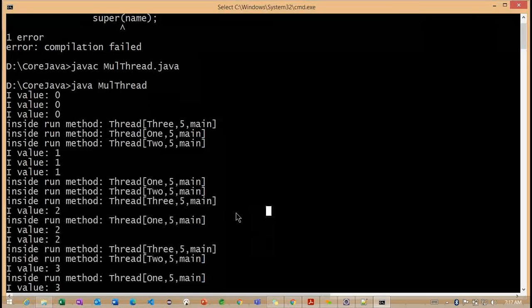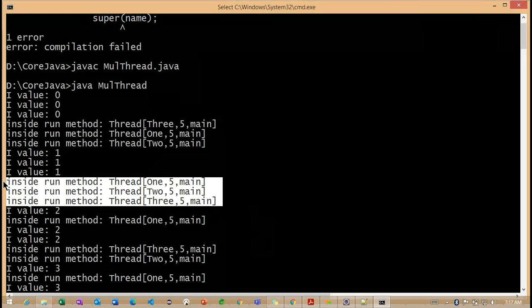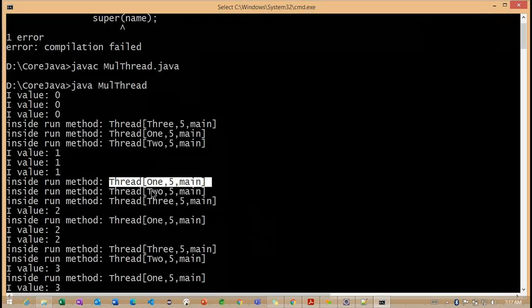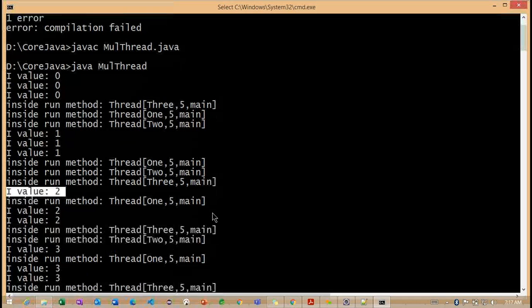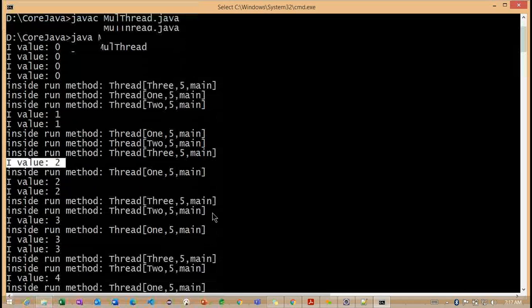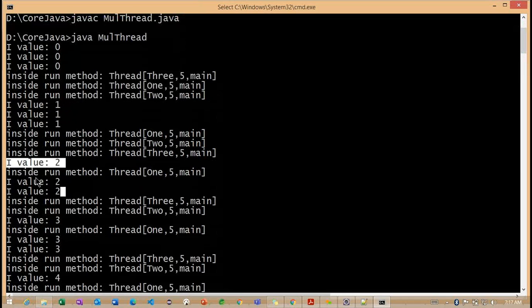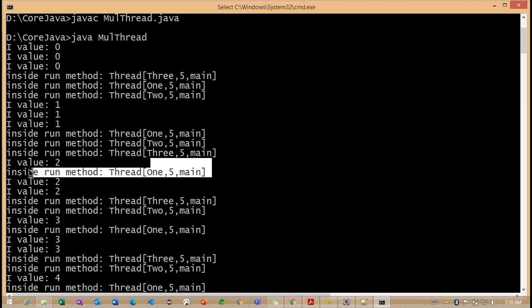Now you can see for the I value 1, again we are getting 3 threads: the first thread, and the second one, third one. And when we move to the I value 2, you can observe that at a time the I value is not yet printed, and in between we are printing the current thread information.